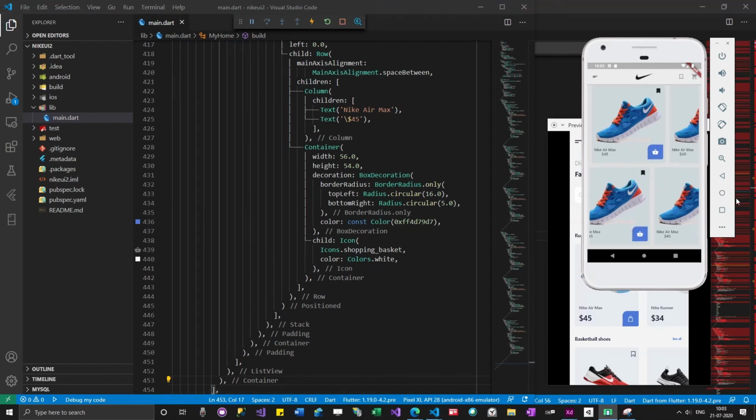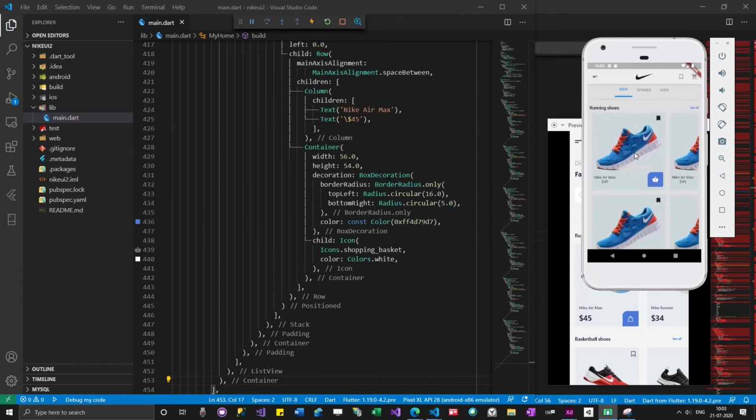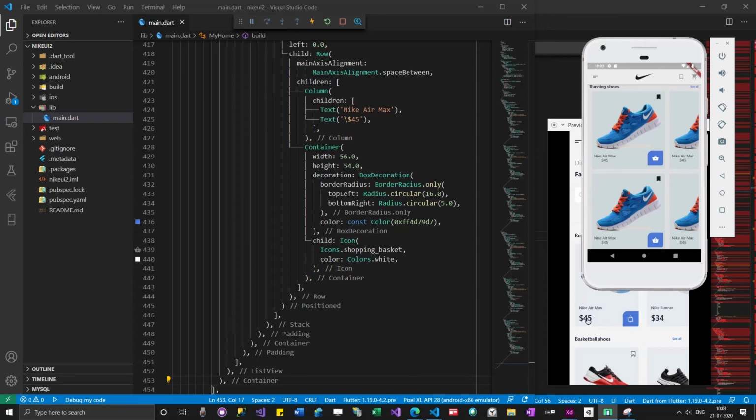I want to copy paste, like get this price style as well.